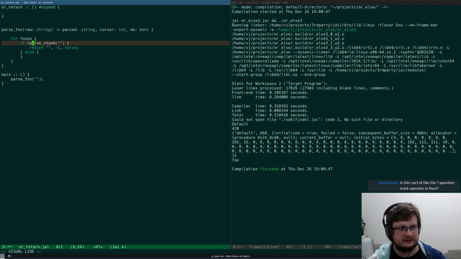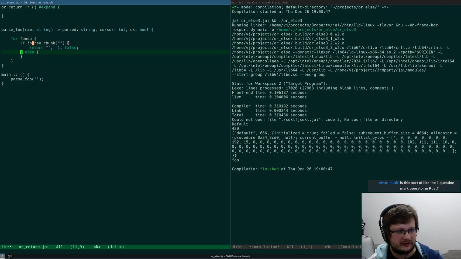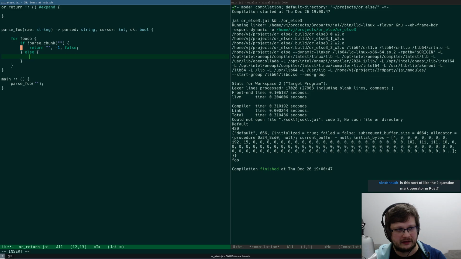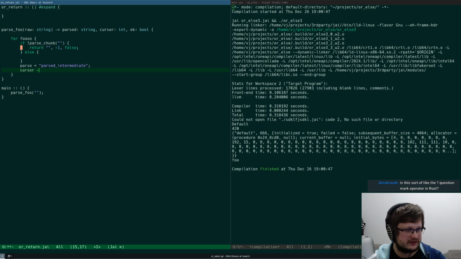And then you would have a waterfall of parsing, and you would have to return this every time something goes wrong, or maybe some intermediate values, right? Maybe you would get into a branch where your parsed is, say, parsed d8, and your cursor is 5, right?